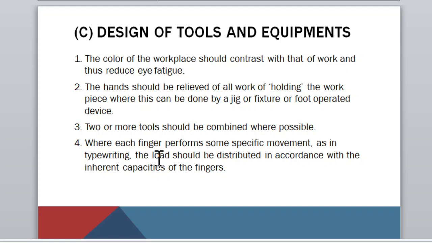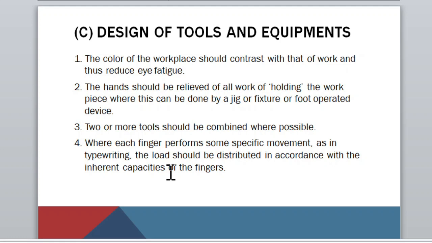Again, if you see that the tools are just the same as these tools, then you can actually combine them. If it is for cutting, then it goes with the cut. If it is for drilling, then you attach it to the drill. Next is where each finger performs some specific movement, as in typewriting, the load should be distributed